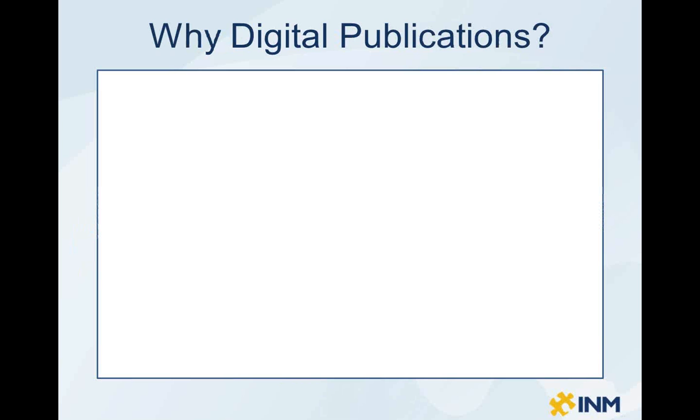There are a number of reasons and advantages for going with a digital publishing strategy. I found it quite surprising myself, but the statistics are clear that the number one reason that people want to go with a digital publishing strategy is environmental. Most of the people that have answered surveys on this say that the number one reason they're doing it is just to save paper. Every year there are 12 billion magazine issues printed, of which 70 percent are never sold, resulting in 35 million trees being cut down each year to produce magazines that are never actually read by anybody.